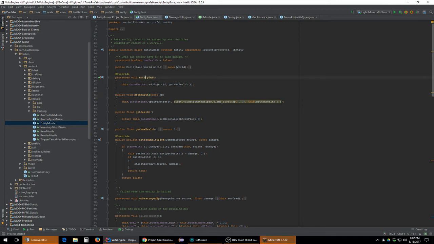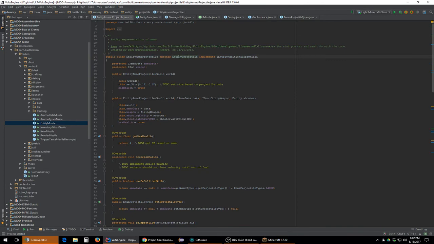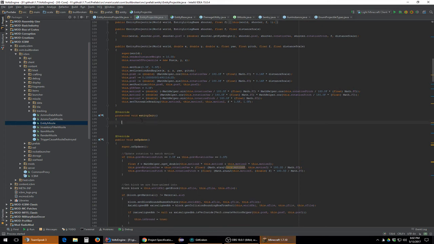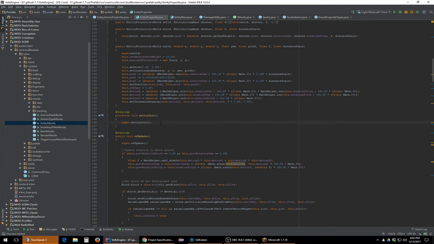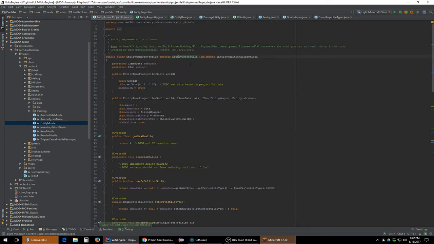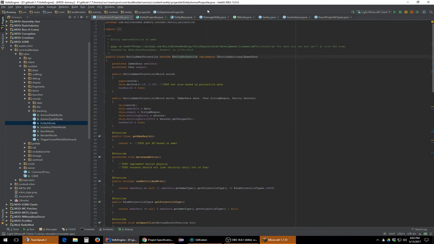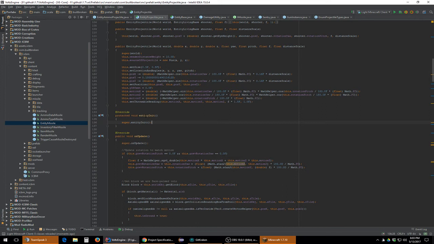One thing I can think of is maybe the initialized entity is not being used properly. Oh shit, it's not. That explains why it broke right there. I sat there thinking over all the possibilities that could cause an issue like that, and my brain went immediately to this because I've had this happen before. You always want to make sure you're supering a method, because if you don't, you're going to have problems. That's the reason why even if I have an empty method in the super, I will always super it,